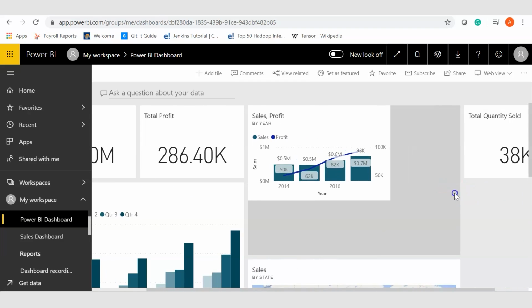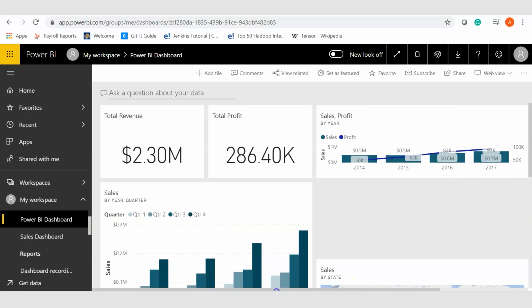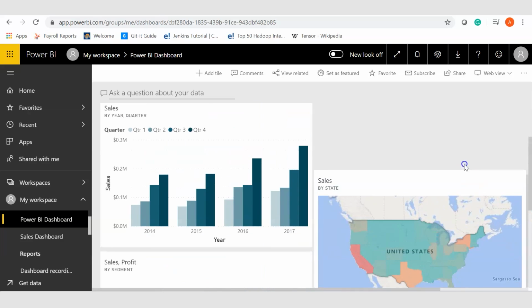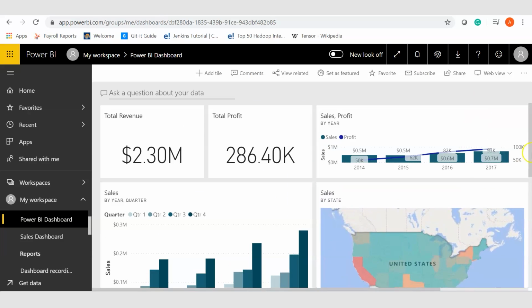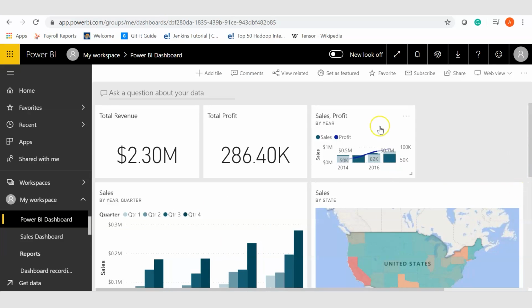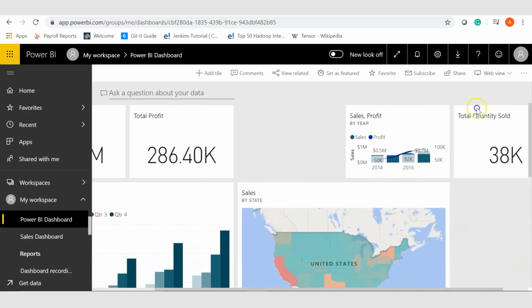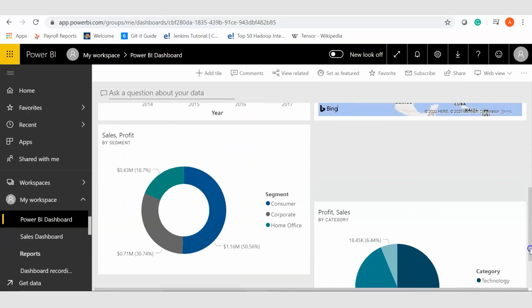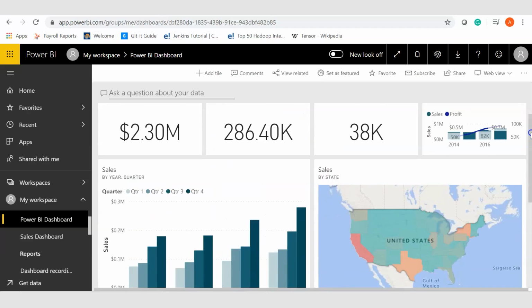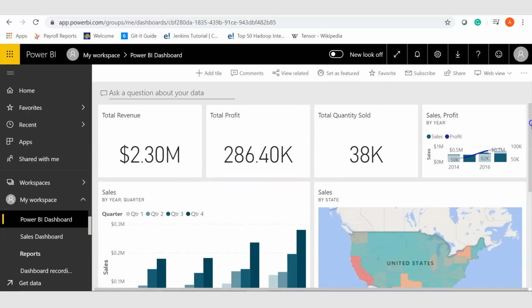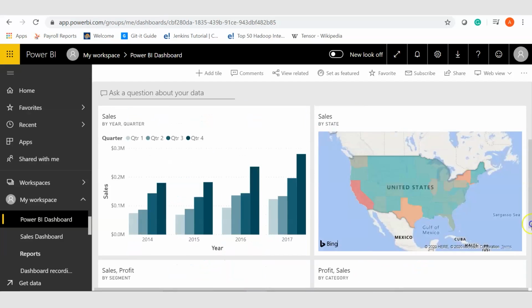Let me resize it and move it to the top. So we have our first canvas here, which tells you the overall sales, the profit and the units that were sold over different states, different segments and by categories.